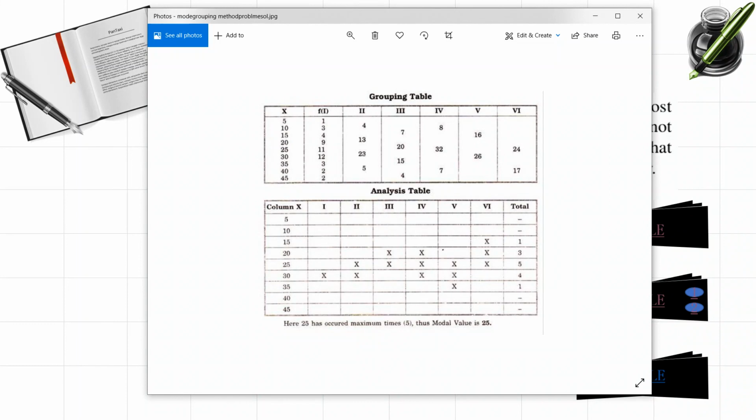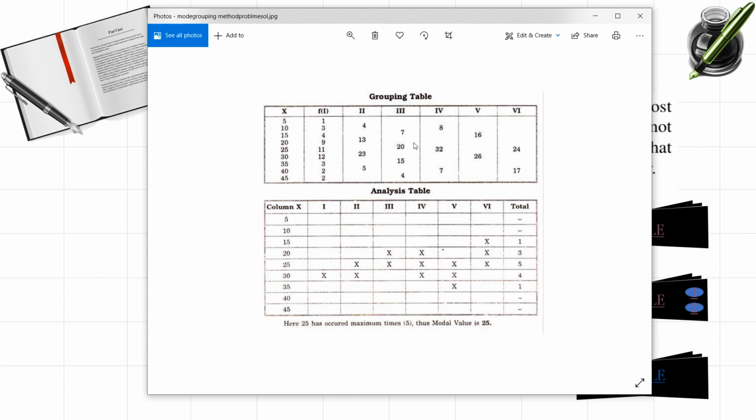First column is the same frequency column given in the table. The second column is found by adding two values of frequencies. In the first column, add the first two values, that is 1 plus 3, which is 4, written at the center. Next two values, 4 and 9, 13. Next 11 and 12, 23. Next 3 and 2, total is 5. In this way, first you find the second column. Last, we have only one observation, so leave it.